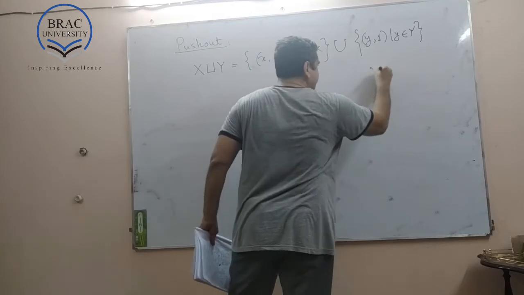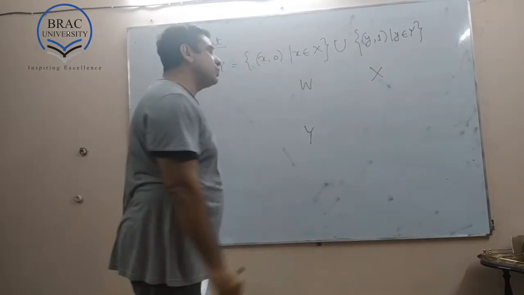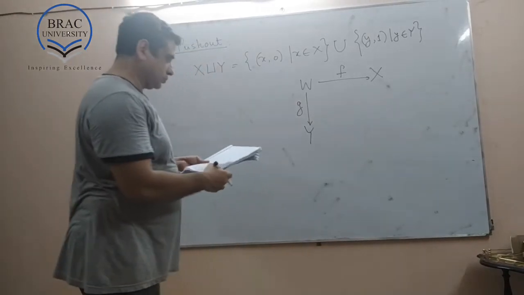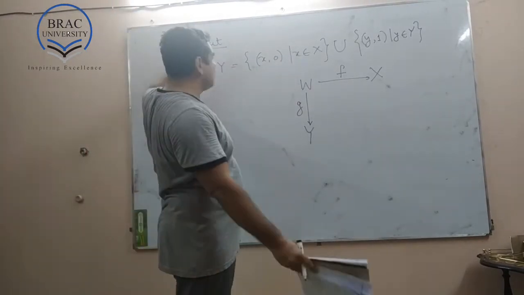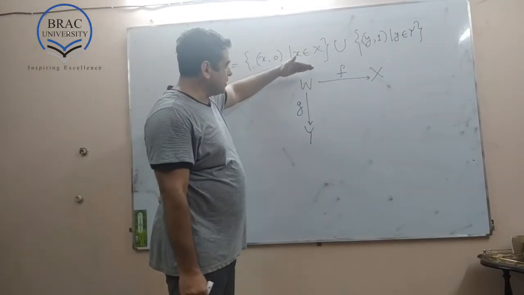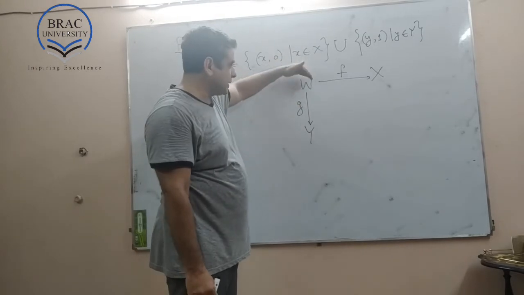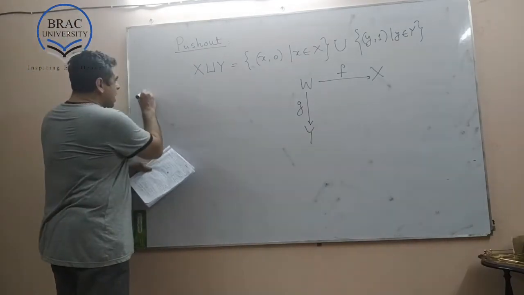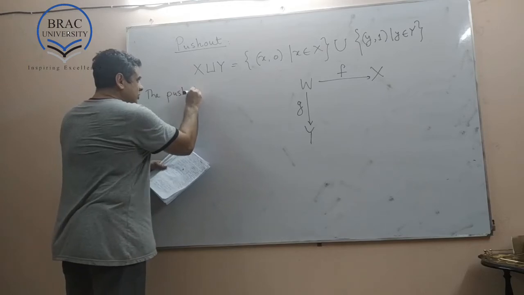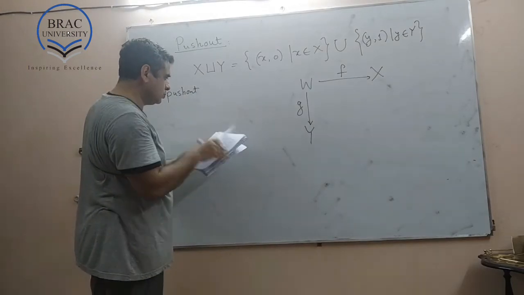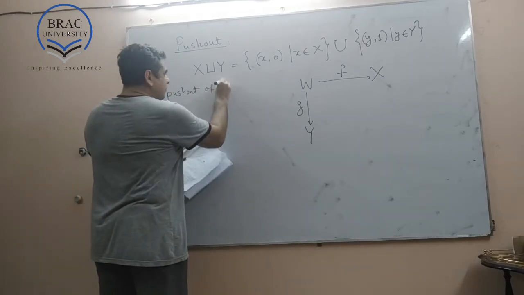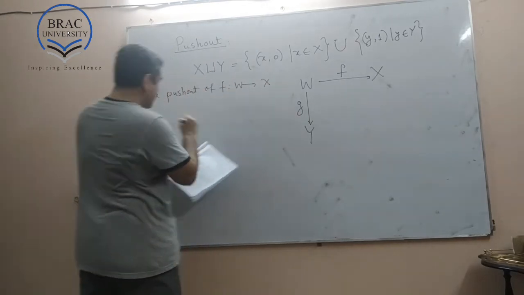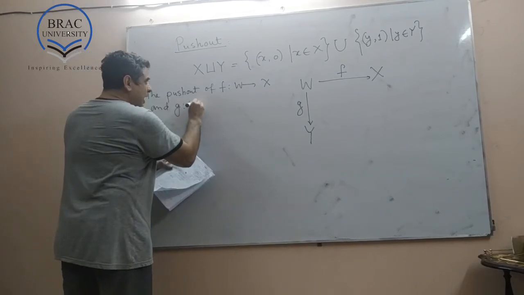We have 3 sets, W, X, and Y, and we have 2 functions: one from W to X and the other from W to Y. This diagram tells you why we are calling it pushout: W is pushed out to X, and likewise downwards W is pushed out to Y. The pushout of f from W to X and g from W to Y,